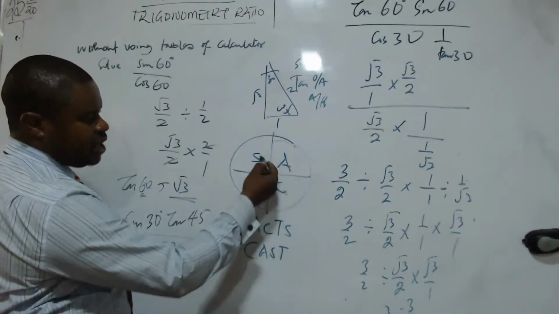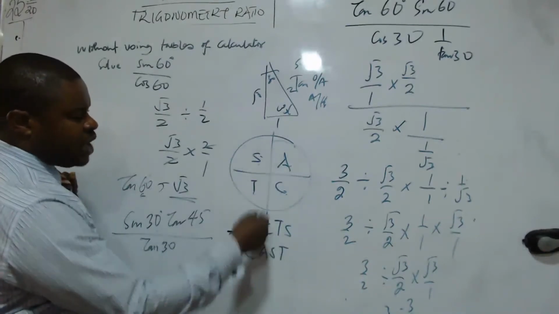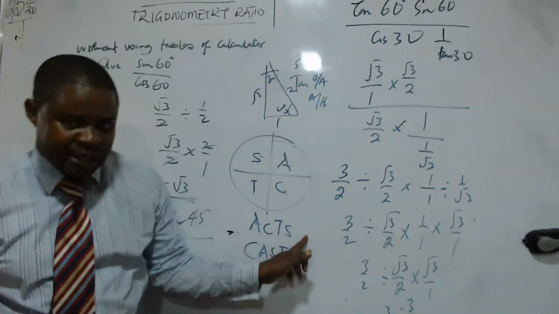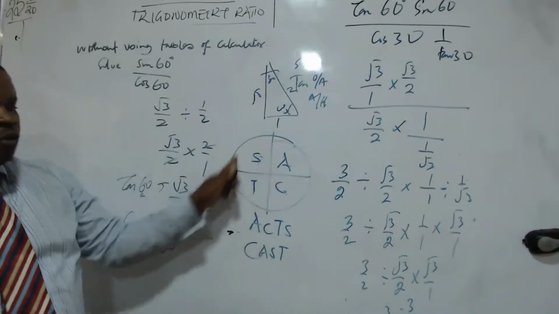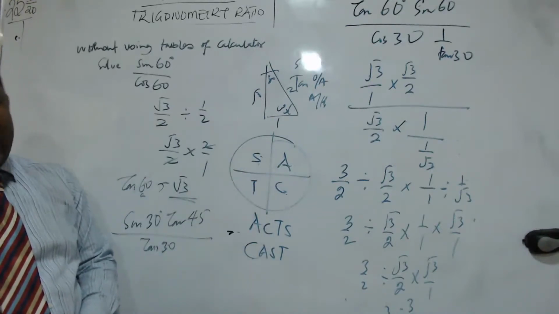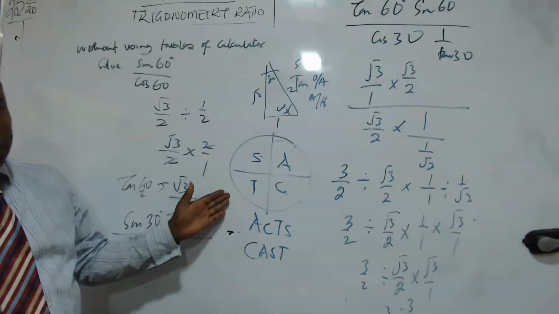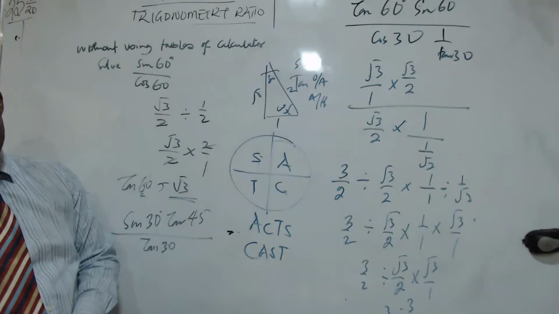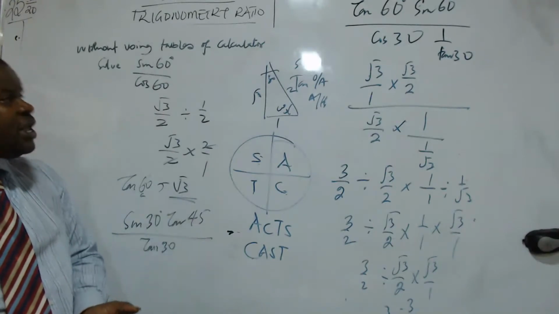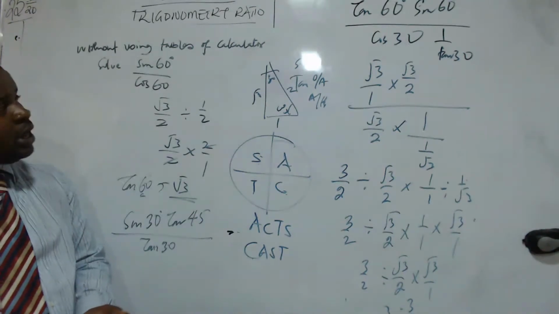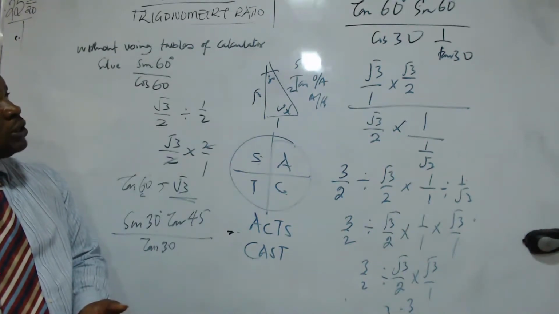C-A-S-T. When we are going clockwise, we have this. Anticlockwise, we have that. So if I don't remember ACTS, I remember CAST. We are able to form the quadrant. So that helps us to solve as many problems as we can, as long as trigonometry is concerned. Fine. What gives students headache most is the concept of